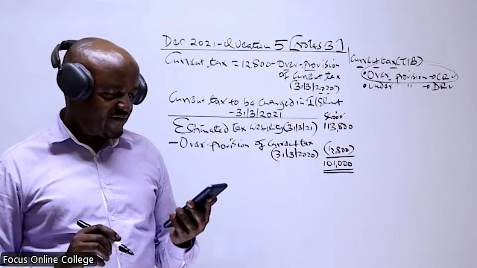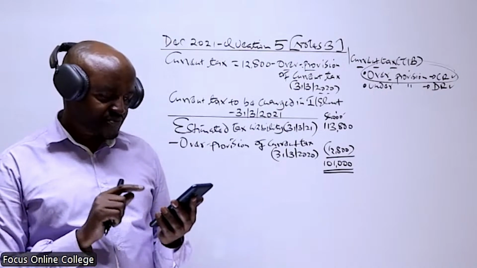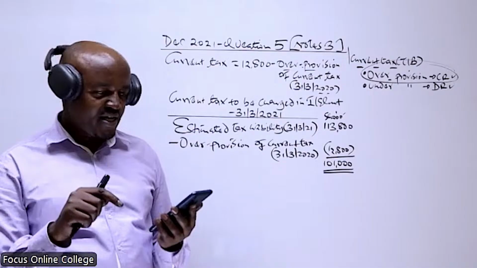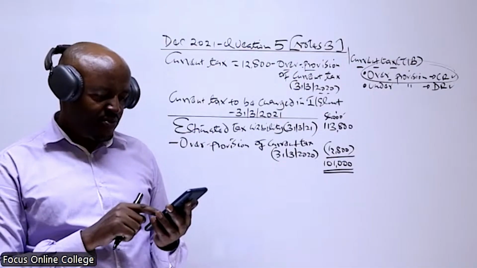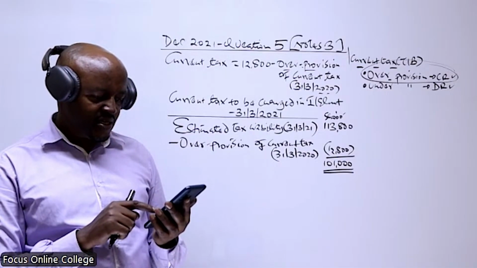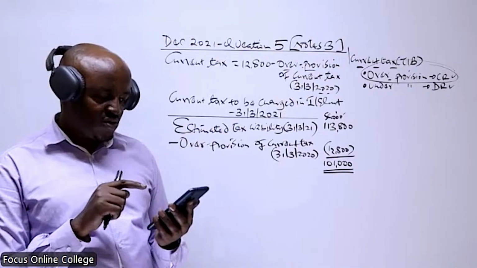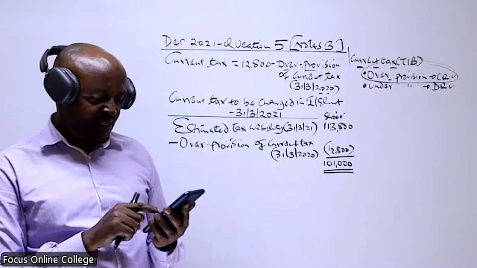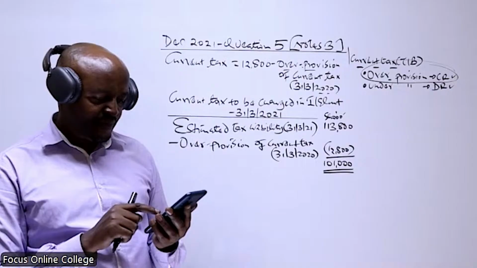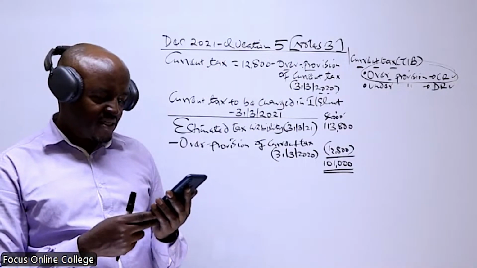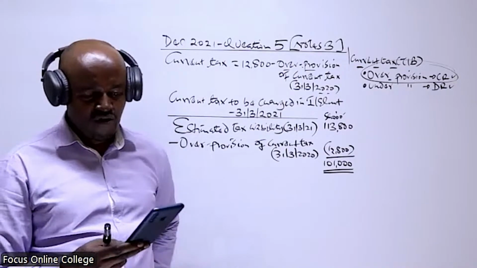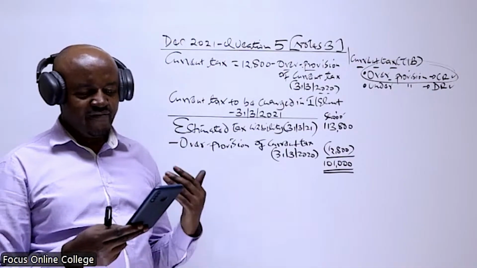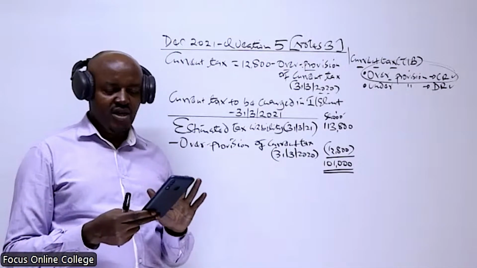In the last paragraph of note number 3, we are told, as at 31st of March 2021, that is at the end of the current year, the tax base of Babu Limited net asset was 292 million less than the carrying amount. The income tax rate is 30%. First of all, this amount of 292, which is the difference between the tax base and the carrying amount,